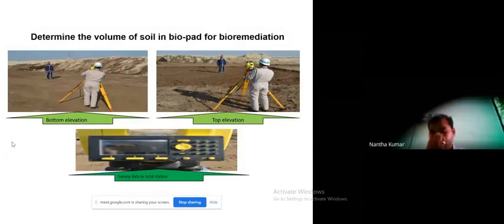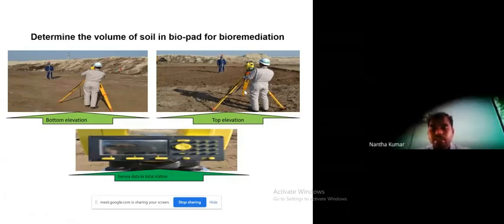After removal of sludge and of non-degradable material, which is separated from this site, the biodegradable material, that is TPH-containing soil, is separated in one place. Based on the contamination level, you can go for the in situ or ex situ remediation method.